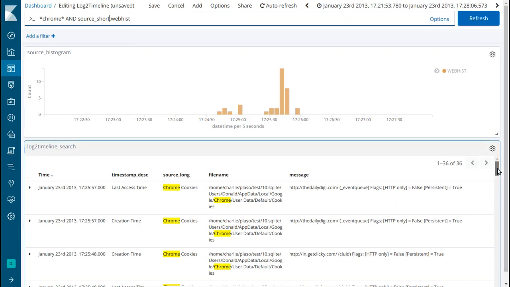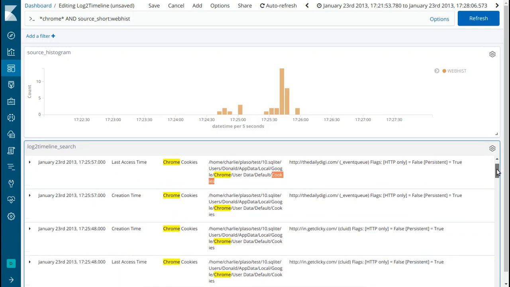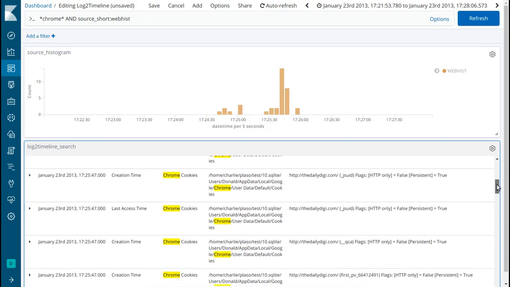Okay, I'm more interested in, by the way, what Plaso is doing here. It's going to the Google SQLite cookies database. It's parsing it, it's extracting the last access time, and it's adding it there. So it's nicely contextualizing all this information. So I want to just run through here, and